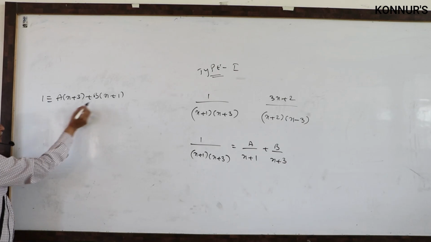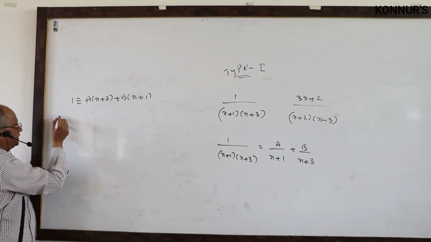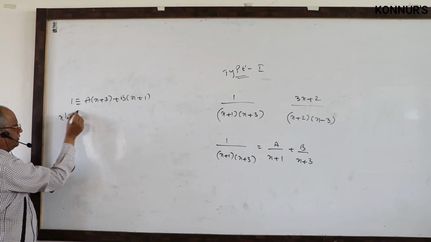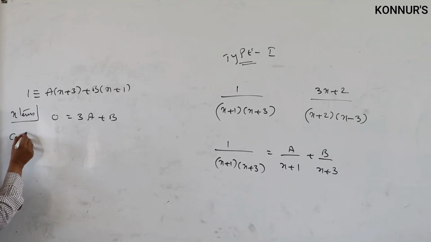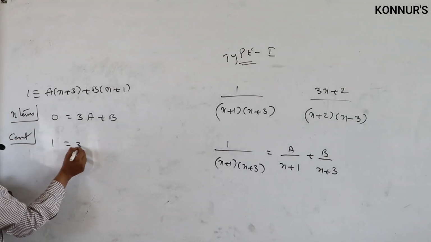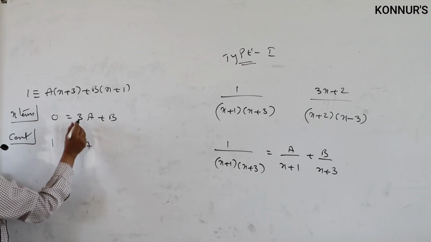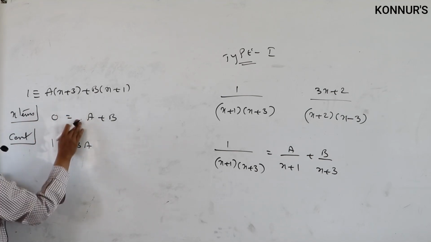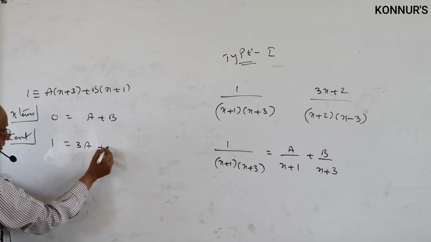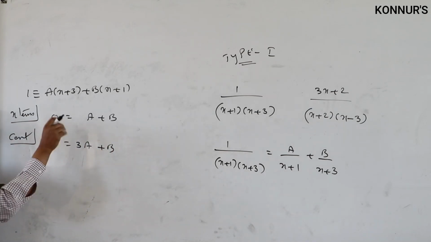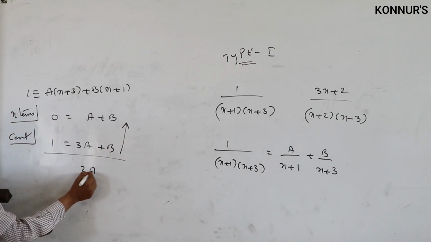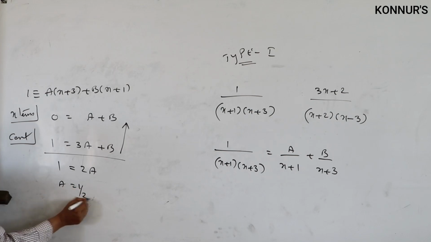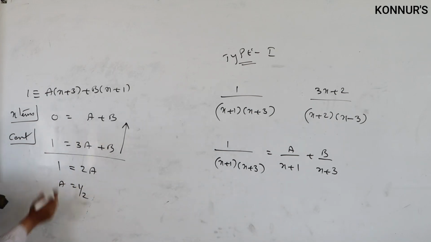Then to find the a value, b value, you have to continue. Consider x terms on both sides. Left side no x term, right side x term is there. Then compare constants on both sides. Left side 1, here 3a. x terms: a plus b. You will get two equations. You have to solve them. Subtract, b cancels, 2a equal to 1, then what is the a value? 1 by 2. Substitute here, b value is minus 1 by 2.